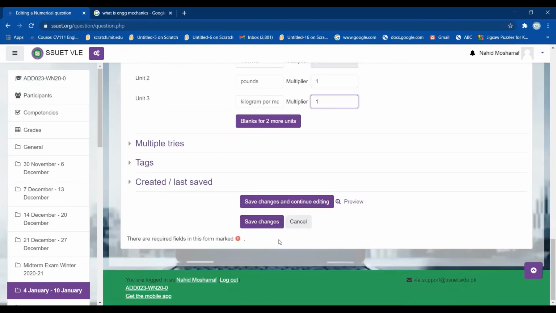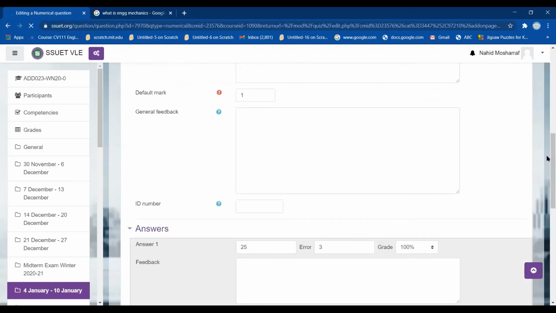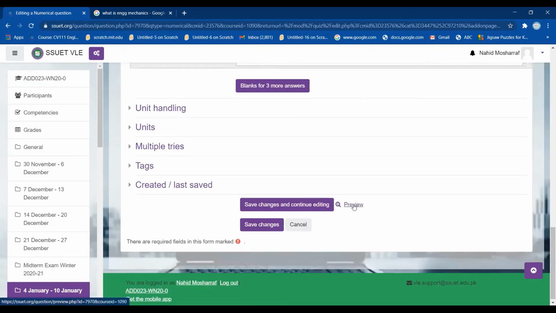So what will happen now? Save changes and continue editing. I will show the preview here. When the preview comes over here and I click on it, you can see there will be the drop down menu for the units. So the student will write the answer over here, and he will select the unit from here. So it will be clearer to all of you how you can provide the unit and how you can make your paper attractive for the student. Actually, the online learning management system is one in which you have to encourage or motivate students to learn. So now save changes, it's done.